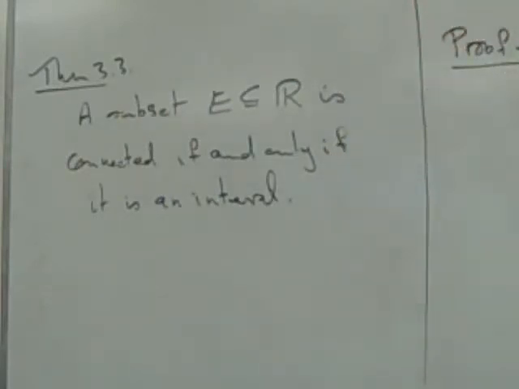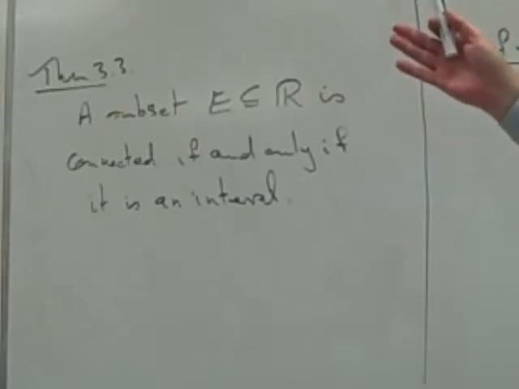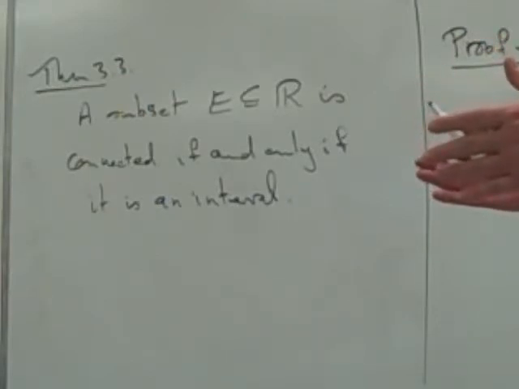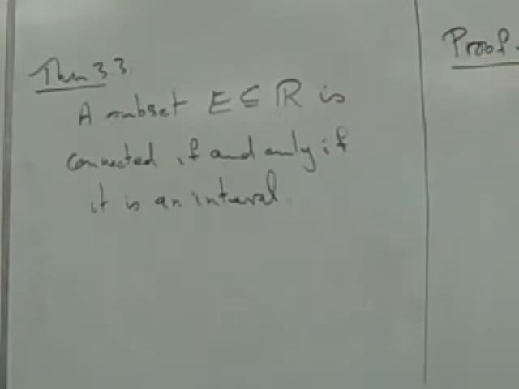So we've got two directions to prove. So let's suppose that we have a subset and that it is connected. What does it mean for a subset of some metric space to be connected? Because the way that we've defined connected, it has to be capable of being written as the union of two open sets. Right, within, so we have the relative metric. So whatever metric, well, we have the standard metric on R. When you restrict it to a set E, it creates its open sets, once you have a metric there. Okay. So you just treat E as your universe and then apply the same definition. Right.